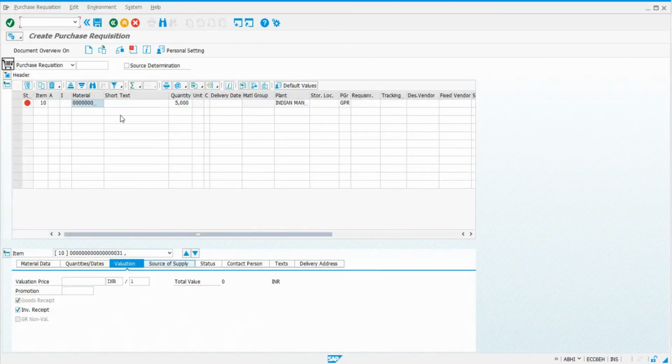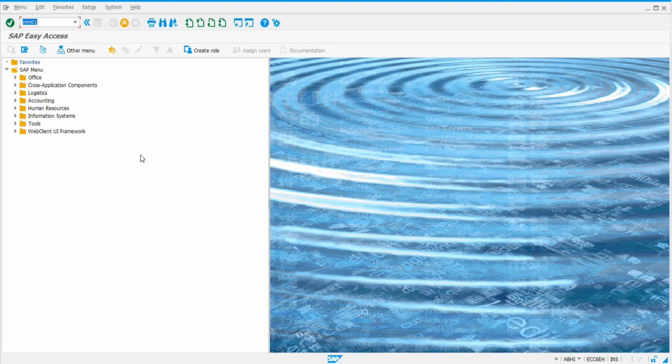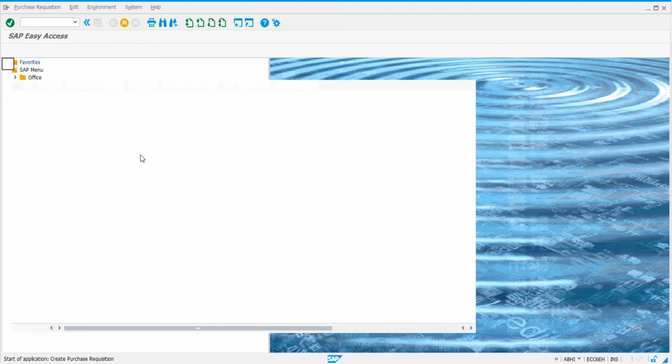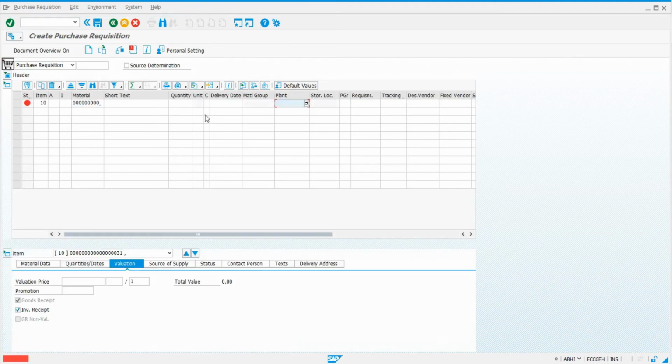So we'll again go back in our old transaction. The system is not going to accept the new entry till we will exit and again execute the same transaction, that is ME51N. We'll put T code 31, enter. We'll have to choose the purchasing plant, that is GMP, then quantity 10, and now the delivery date is 26, means today's date. So I have to select in future date, that is 27.